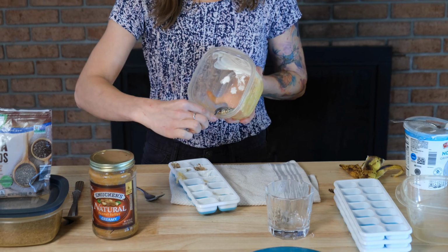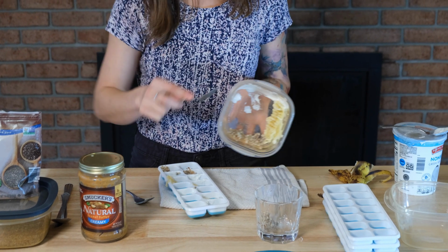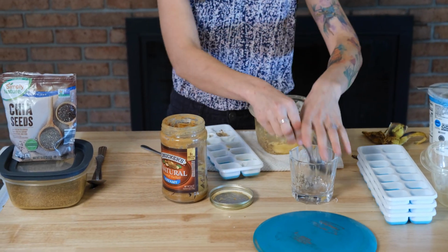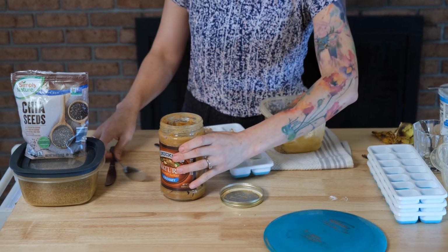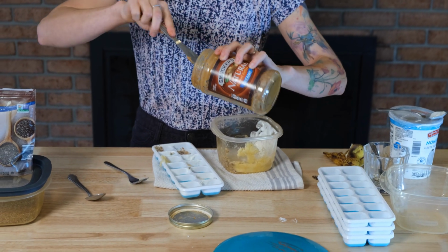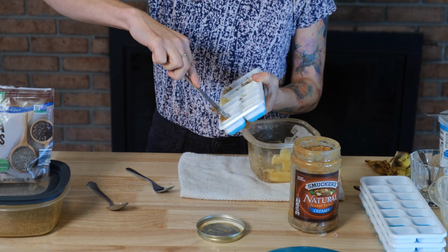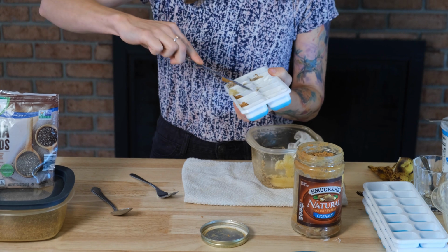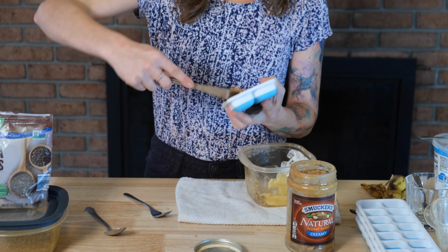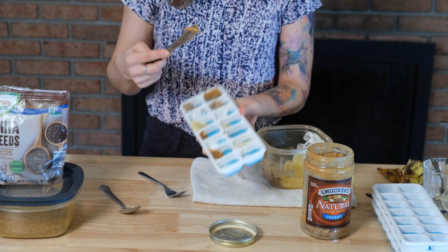If I'm using this one, smash it up. Next comes the peanut butter. Again, all natural, nothing weird added to it, no xylitol, no sugar, no excessive salt. So usually the natural brands are better. Just read the ingredients. Peanut butter is very high calorie, so make sure that you're using less of this,